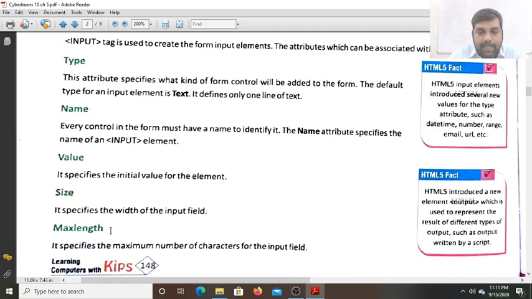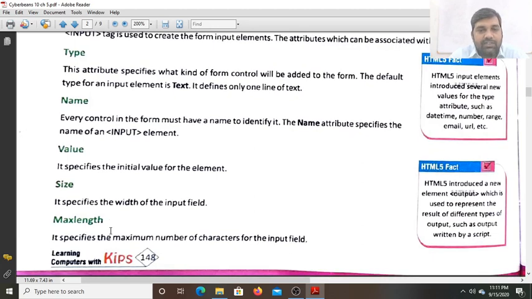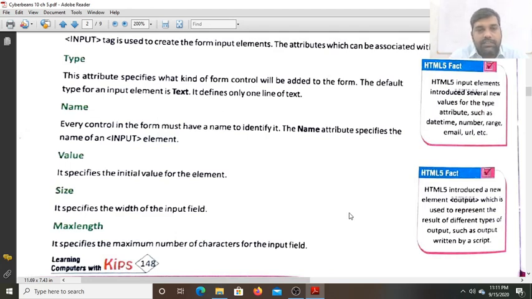Max length, it specifies the maximum number of characters for the input field. Suppose max length you have given 50, then more than 50 characters you cannot enter in that text box.